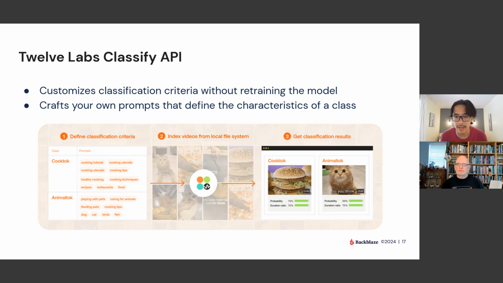That's correct. And another thing I want to highlight here is you can come up with the prompts on the fly. It's basically like, hey, this is what I want to classify, right? Right. This is very powerful because the traditional approach to classification is that you have to come up with a predefined set of classes before you even do anything, and then you only classify your video based on those predefined sets. Now you can do it on the go, basically zero-shot learning, and that opens up so much more flexibility. Right. Rather than having a static set of categories at the outset of your project, you can adjust them over time to suit what you're seeing in the content, I guess.